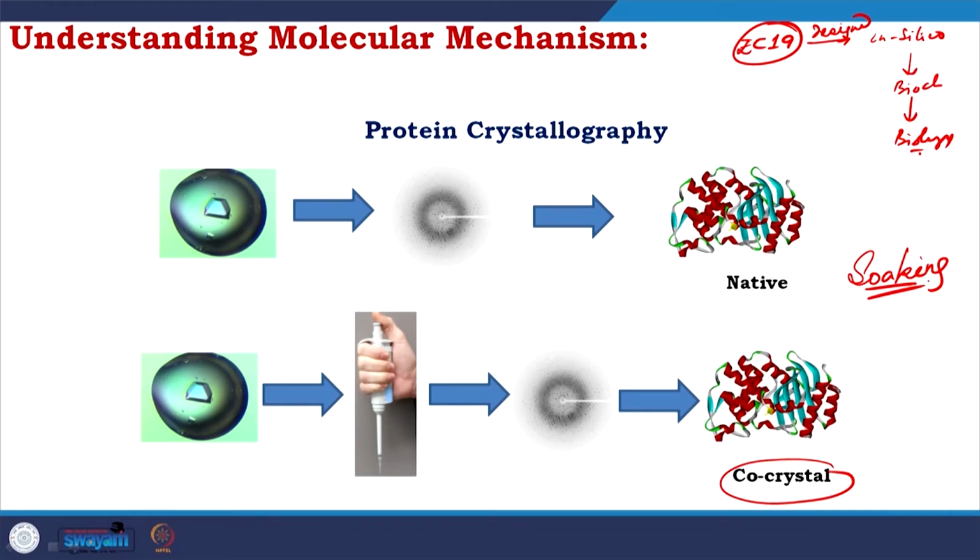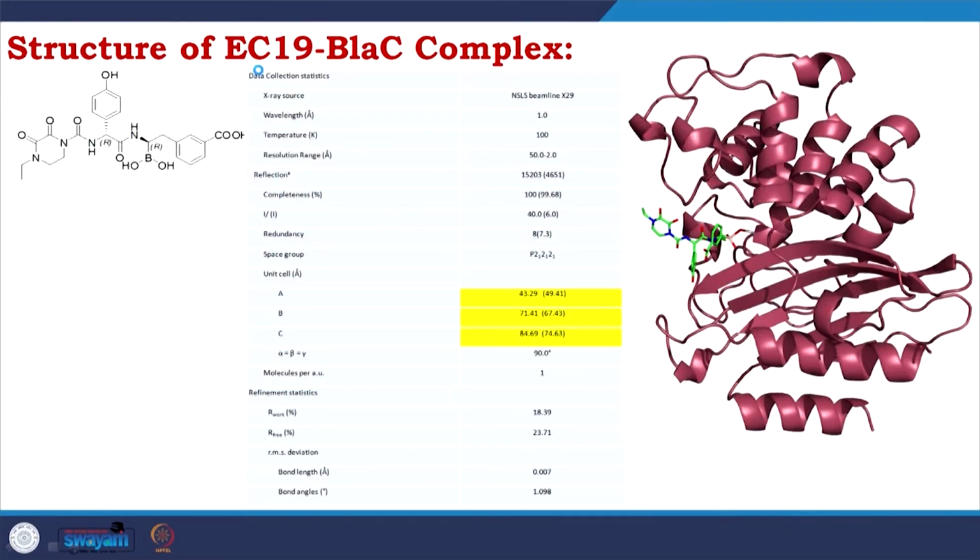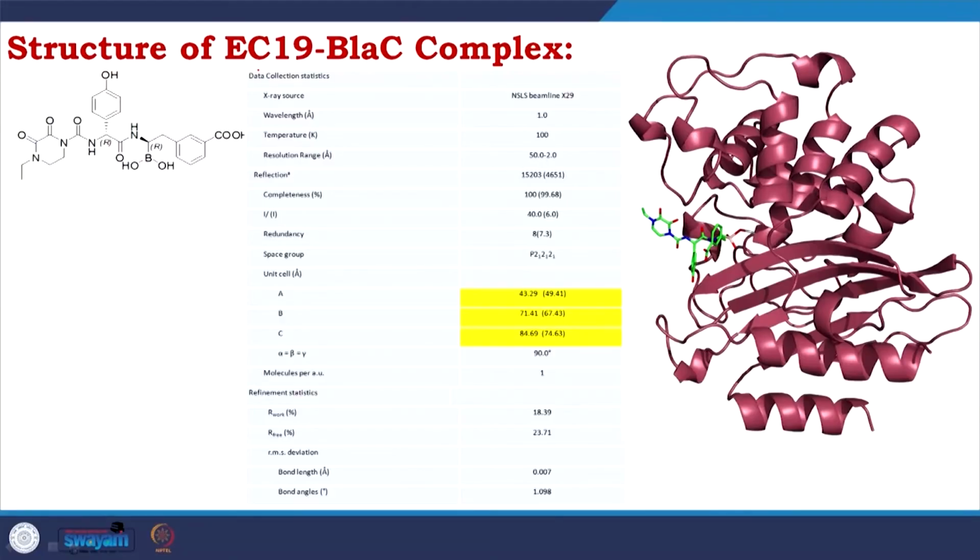I get the native crystal and I start soaking the drug EC19. This was not very easy to get working. If you look at the drug, this is a small molecule, but quite a big molecule in terms of small molecules. But at least after a lot of tries, I managed to get the crystal, and I show you a comparison of